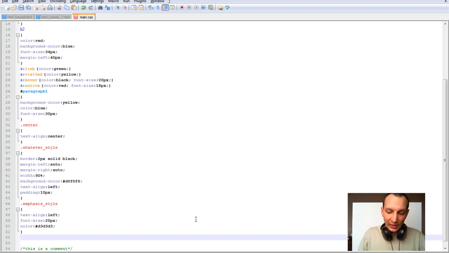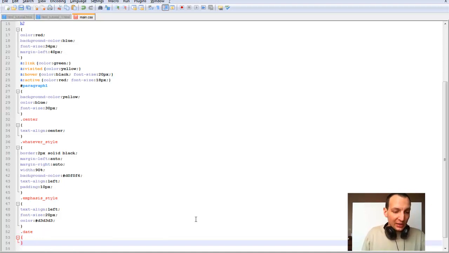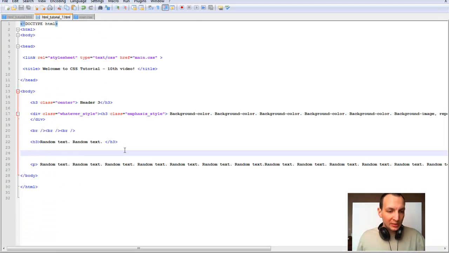I'm just gonna enter one more set of declarations and a class. So guys, I'm gonna set my class to date, build the curly brackets, and now guys, what I want to do in this case, I want to tell my browser that I want my text to be aligned to the right hand side of my screen. So when I'm entering the right hand side of my screen, guys, the next thing that I want to enter here is, let's go ahead and enter the date in our HTML tutorial main text, and the date would be today is the 15th of March 2012. So I'm just saving it,